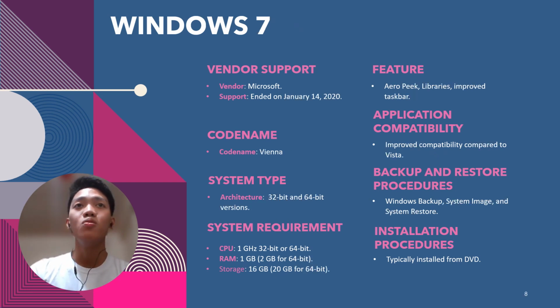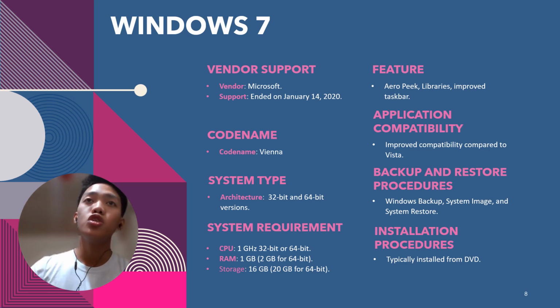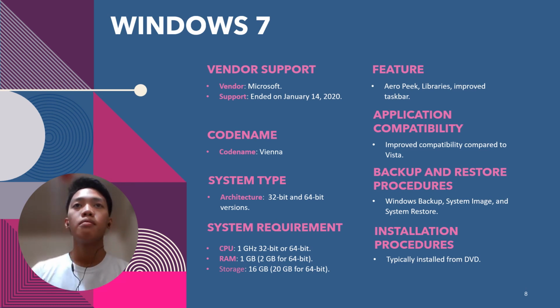Next, we have Windows 7. The vendor is still Microsoft, and the end of support is January 14, 2020. The end of support in 2020 urged users to transition to a more recent Windows version, ensuring ongoing security and feature updates. Codename Vienna. Vienna, the codename for Windows 7, represented a refinement of the Windows operating system, focusing on